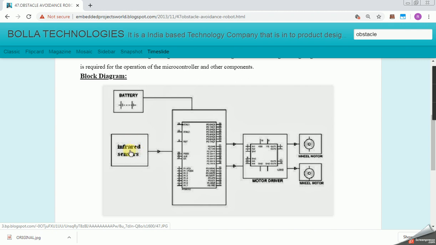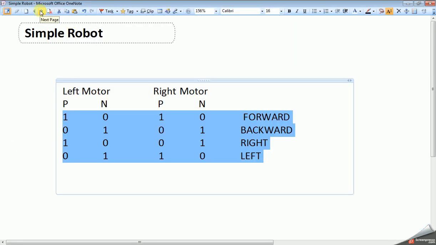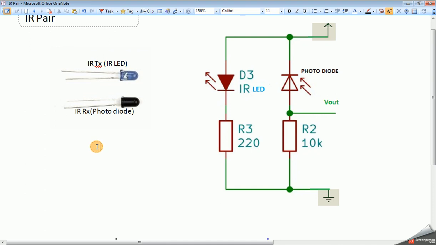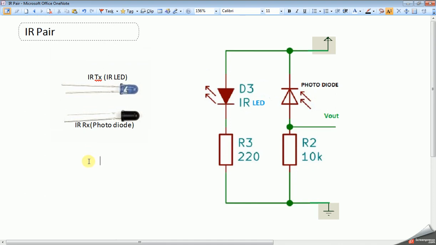So first let's understand what infrared sensors are. There are two types of IR sensors, the IR transmitter and the IR receiver. The IR transmitter is nothing but an IR LED, which emits infrared signals whenever you apply power supply to it.